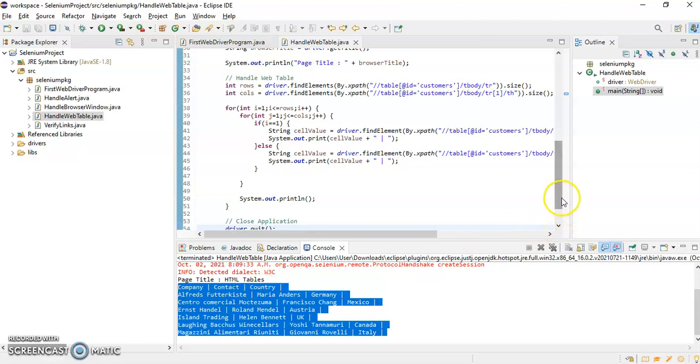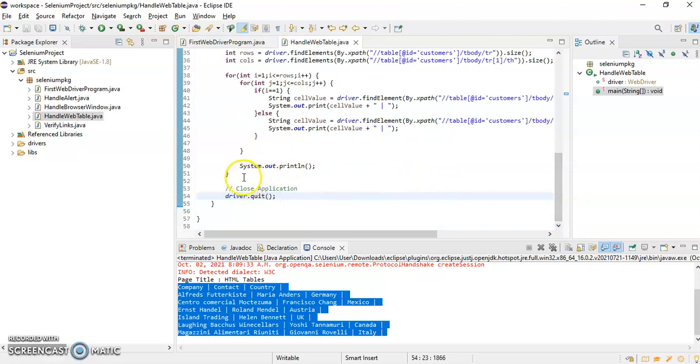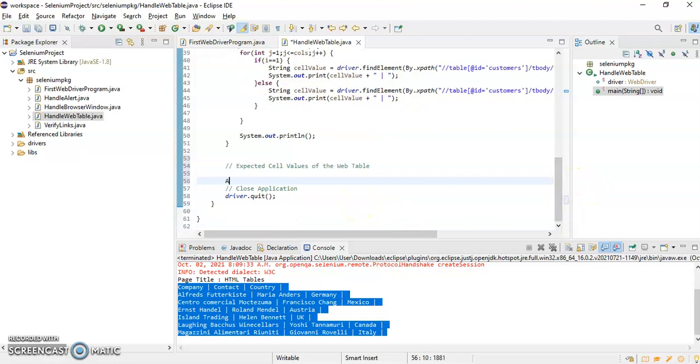So I will show you. What we can do here is I'll create one array list over here. I'll write a comment: expected cell values of the web table, and I'll write here ArrayList of String: expValues is equal to new ArrayList of String.